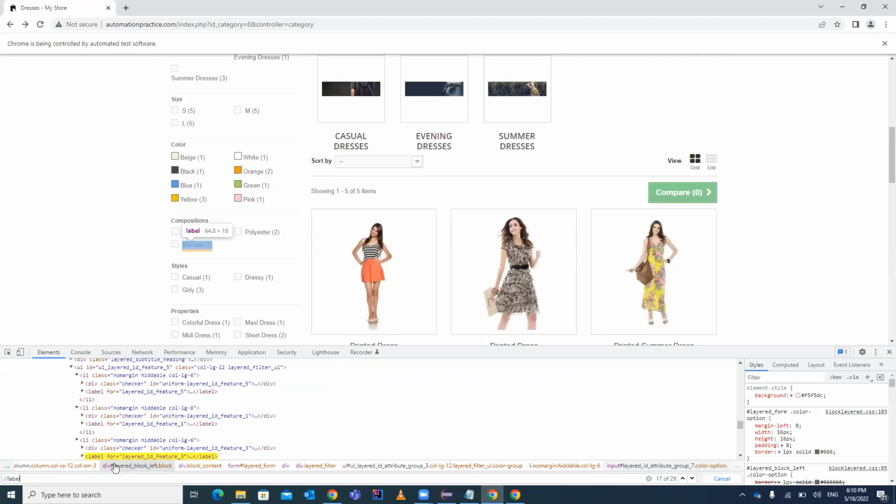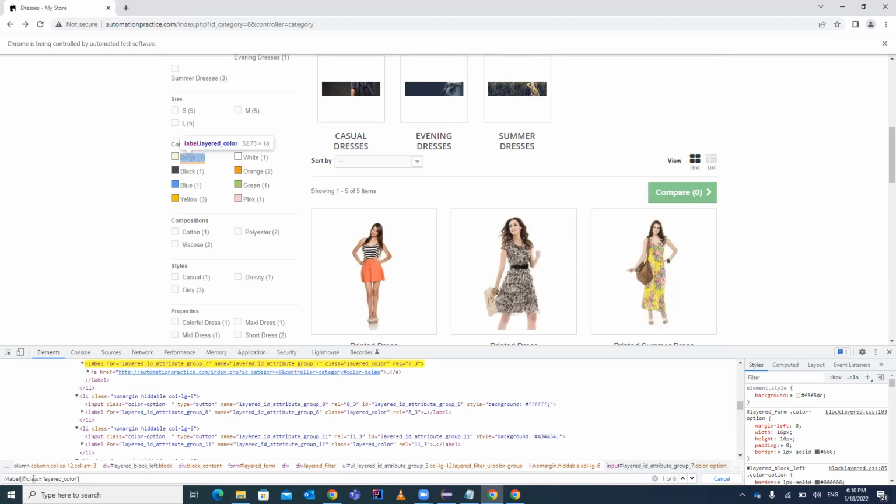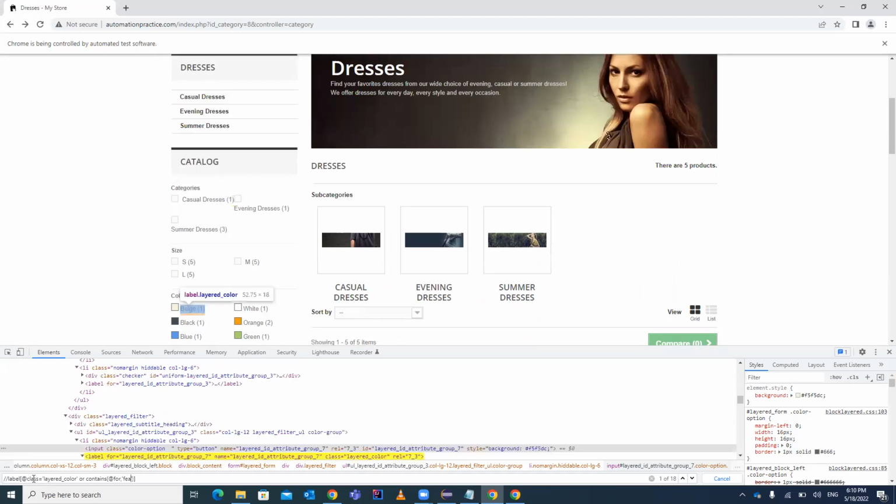We will be finding the elements which have the for feature also, so we will put the or condition for feature. So just put this XPath, put the or condition, and add the method contains. In the contains, we will check @for which is containing feature. You can see